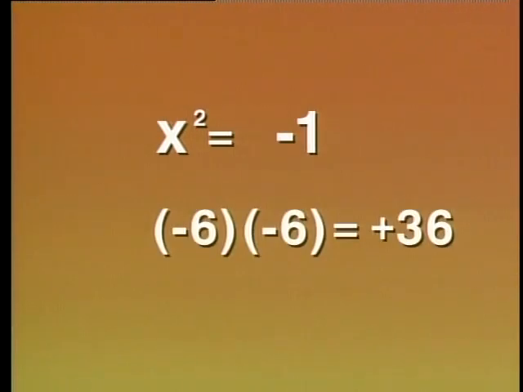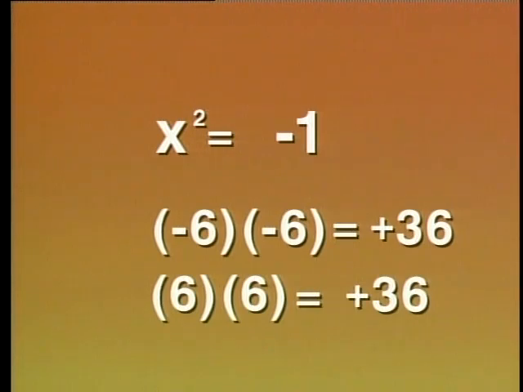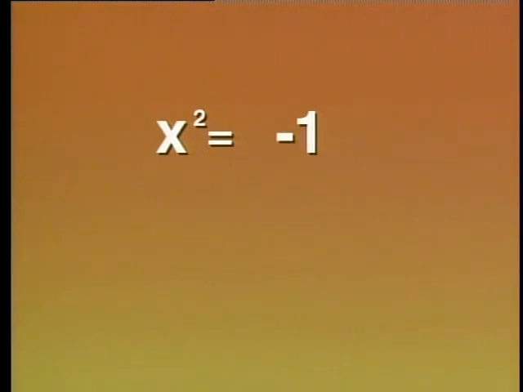A negative number squared is positive, and a positive number squared is also positive. No real number multiplied by itself is negative. So what kind of number could x be if we're going to solve this equation? Some imaginative thinking is needed here, and it doesn't seem reasonable to throw away all the rules we've learned for